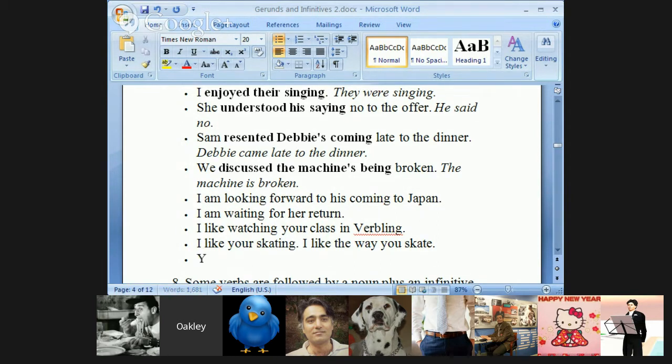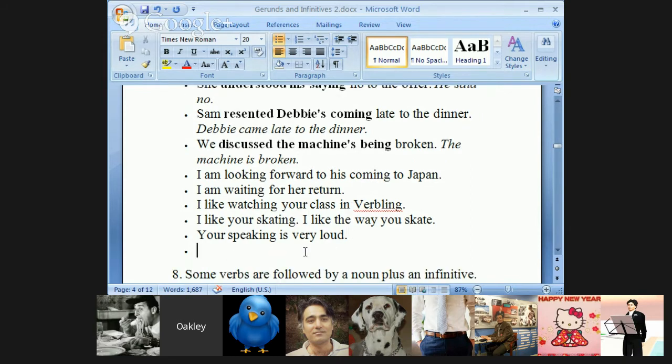Look, I'll try to do something a little different with Mohsin. Your speaking is very loud. Okay. It's not really your speaking. I'm just using that as an example. I'm also trying to show you how I can use this as a subject noun, with a possessive pronoun. Because we're looking at it as an object noun, but you just reminded me that it can also be a subject noun for just such a use.